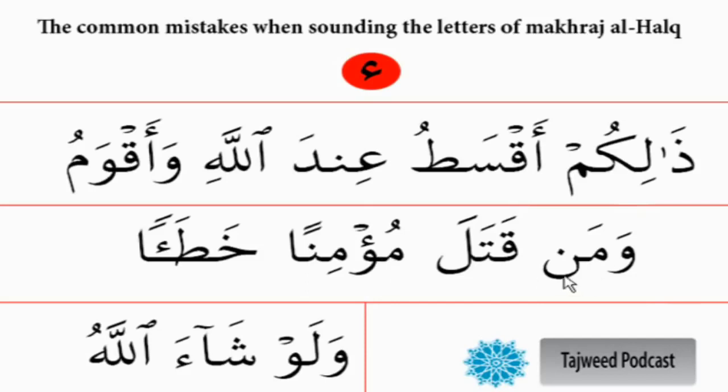Properly sound it. وَمَنْ قَتَلَ مُؤْمِنًا خَطَأً. Instead of making qalqala, that's wrong. خَطَأً. Similarly, the last example, وَلَوْ شَاءَ اللَّهُ, both of these letters, this hamza and the ha,